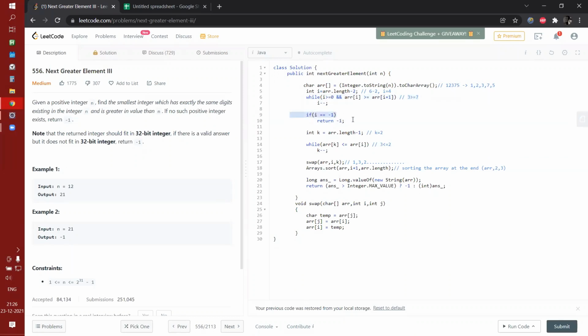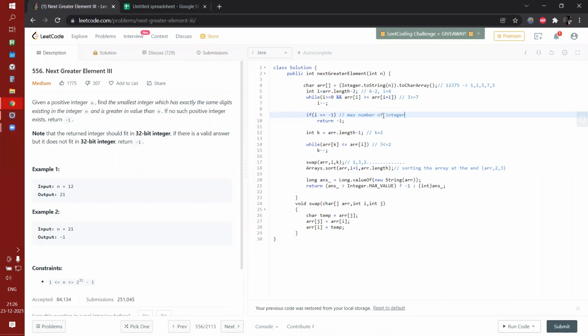We will check whether i equals -1 or not. Why are we doing so? For example, if you are having 1, 2, 3, where all the elements have no breaking, a direct straight line kind of. Yeah, correct. Just like a graph, there is no breaking, you are directly moving upwards from the back. This can take place when all the digits in the number are in descending order. So that is when this -1 condition happens.